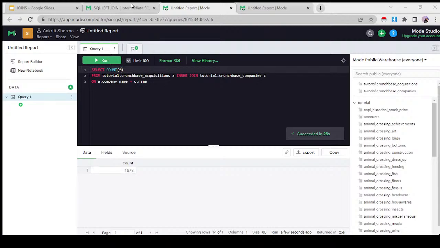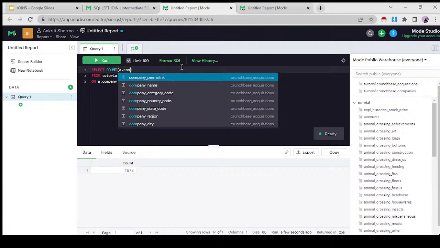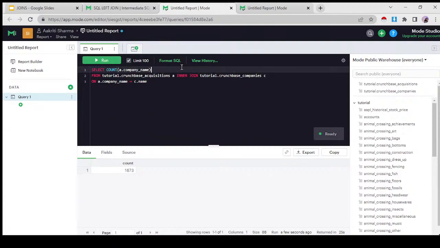Whenever we have each table, we know that we need to have some column name for both of them. So column name for my first table is company name, which is what I would count, because on the basis of that is my whole join calculating the result.